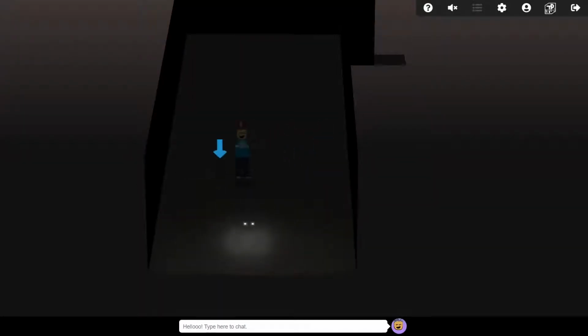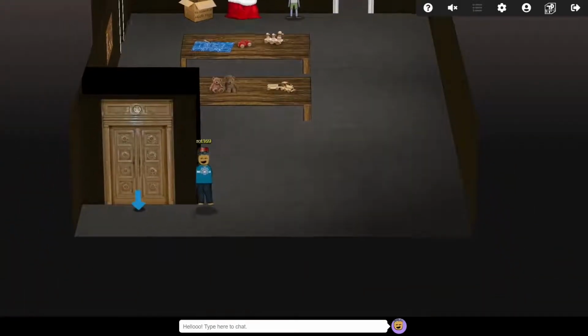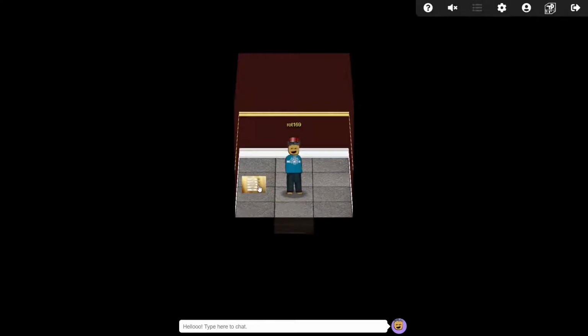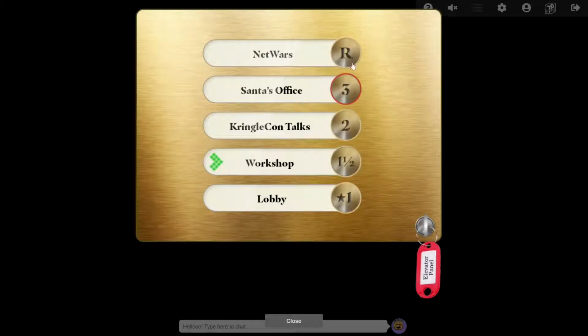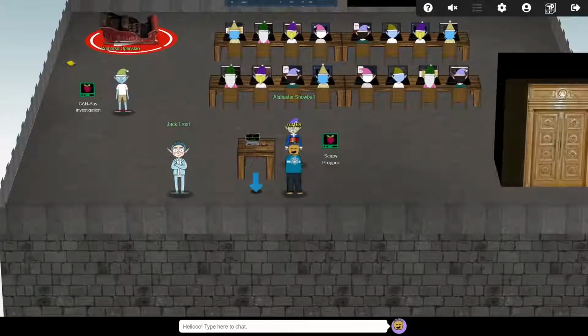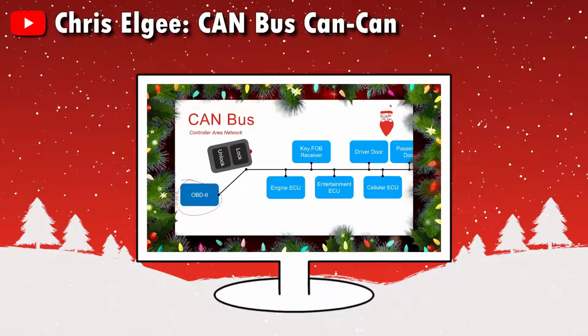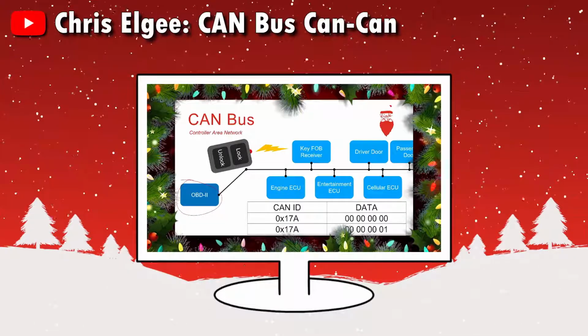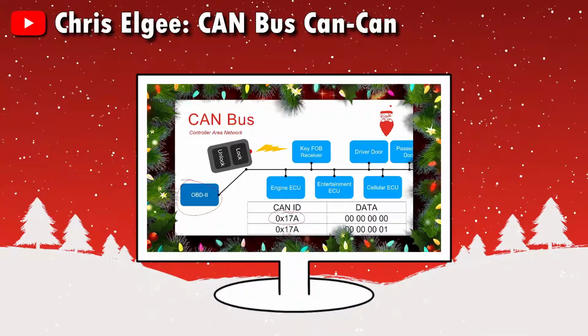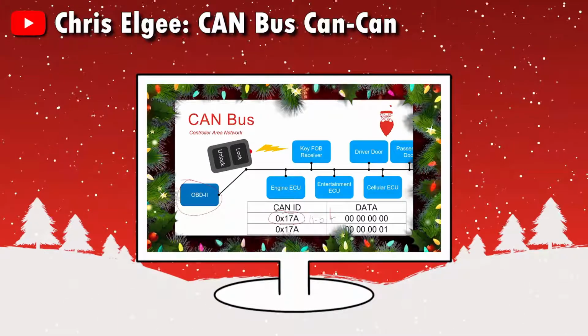It's probably not a good idea to be wandering around pretending to be Santa, so let's jump back through the painting on our way. CANs, or Car Area Networks, are the very simple communications networks which exist inside vehicles to allow the various different components to talk to each other. Chris Elgee gave a good introduction to the topic at this year's KringleCon. One of the key points was around the data format of CAN messages, which comprise a message code followed